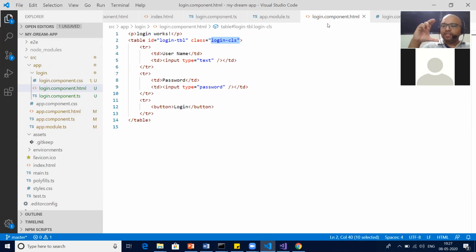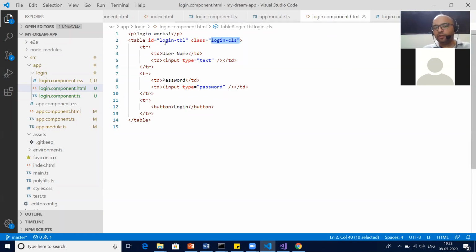Have you seen some part of a page become colorful sometime in any site? You do something, and then that portion becomes colorful. Simple example. That is dynamic HTML programming, correct? For example, styling the HTML dynamically on some value change. So we need this class. We need the ID, correct?